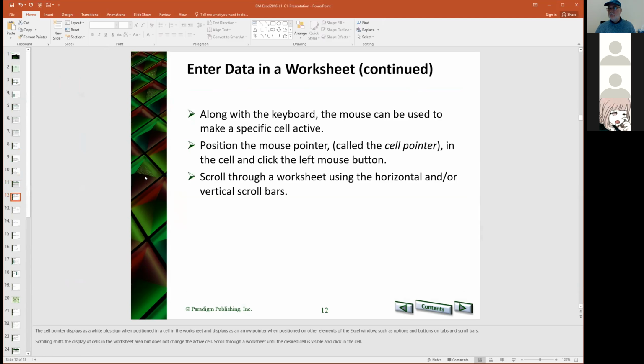Along with the keyboard, you can do keystrokes, including the arrows and the tabs and the shift tabs and shift enters and so forth. You can also just use the mouse and click in different places in your worksheet, or use the scroll bars to move up and down, side to side, and then click in it with your mouse. Realize, and I'll show you this as well,